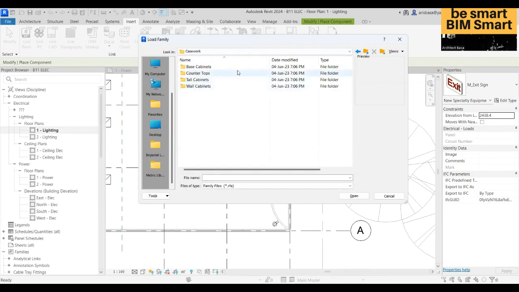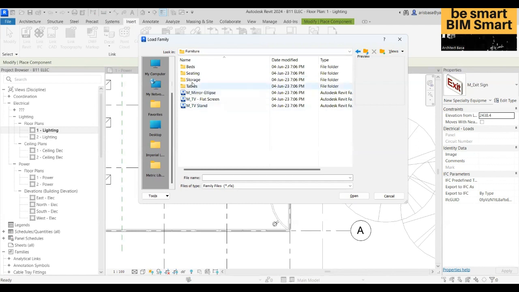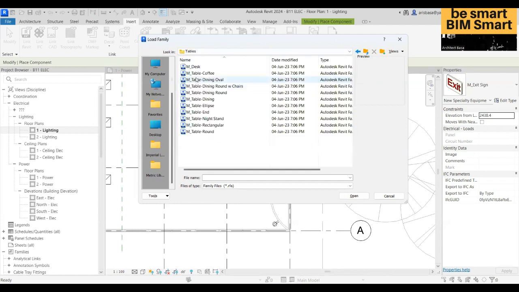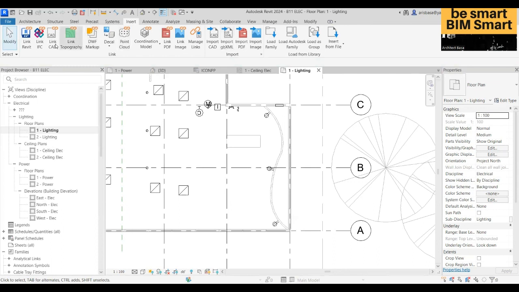Table. Where's my table? Furniture. Tables. Okay. We have a glass table. Put it here. So now I think we can put that